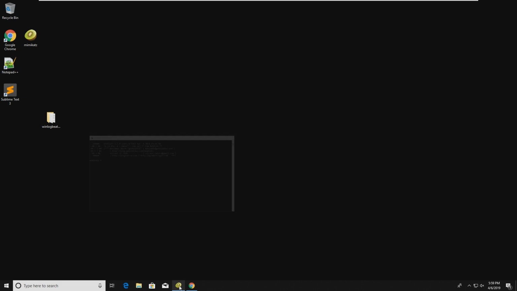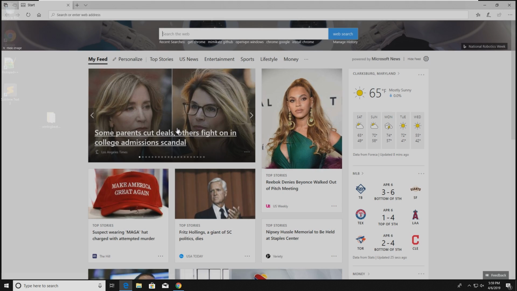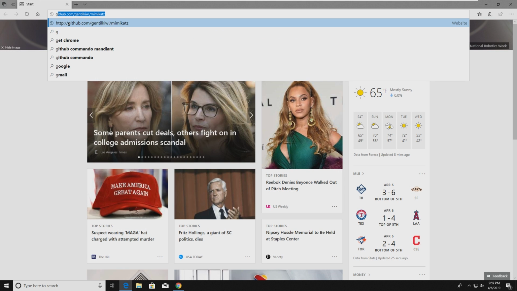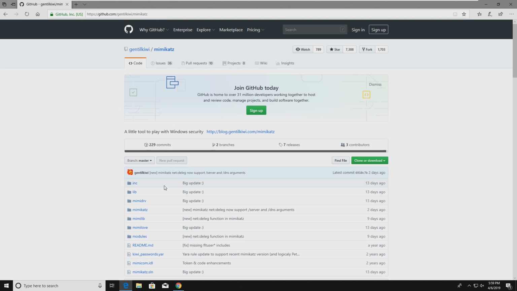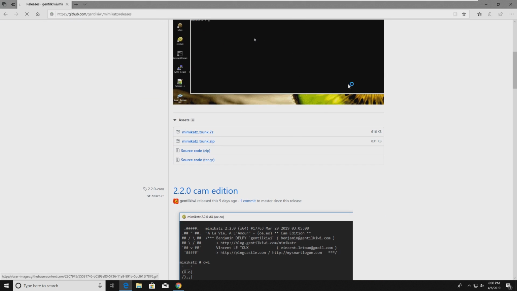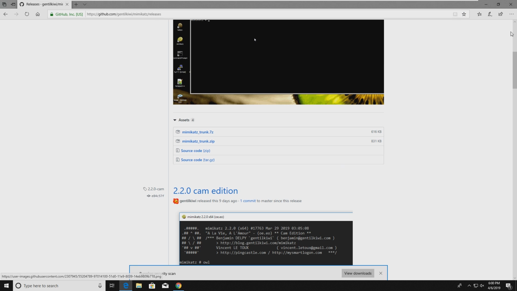We do not. Oh, no, we do. It's just underneath this window. Nope, it's gone. Okay, so let's do this one last time now that Defender should be excluding everything. So download Mimikatz, the zip, open,